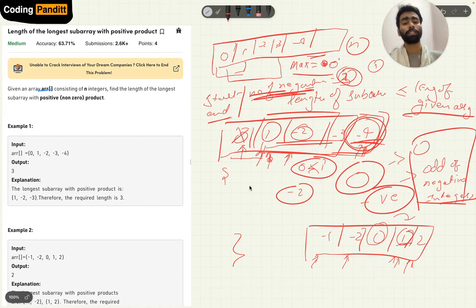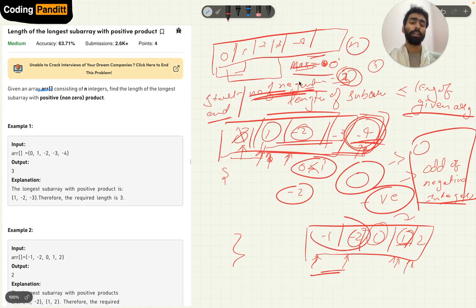So in this case, let's say here it is -1, so we will first do the iteration, like we incremented the end index, and we will also increment the maximum. Again we will come when we get this one also negative, we are incrementing both the number of negatives and also the maximum subarray length.